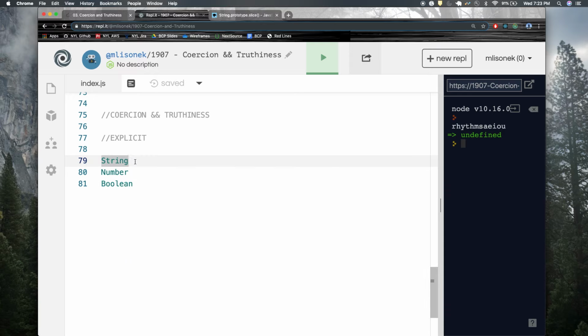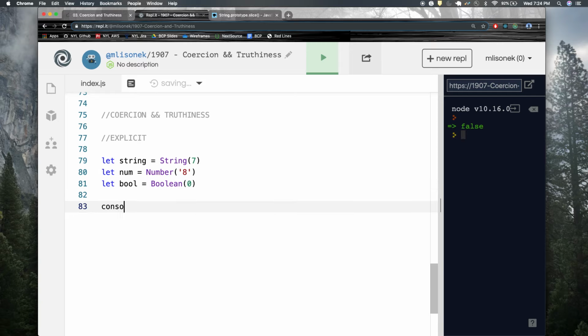And you can coerce things, like if you want to make 7 into a string, if you want to make a string of 8 into a number, and if you wanted to make 0 into a Boolean, I think I have to console log everything. So I could say let string equal that, let num equal that,